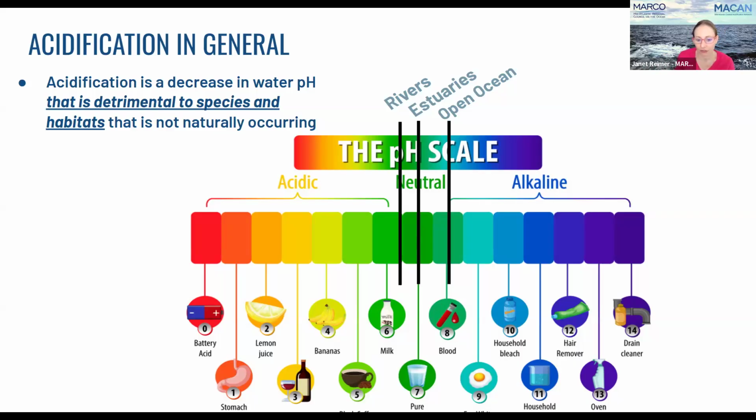7.1 to 7.9. So it depends on condition. And then when you get into your riverine water, rivers are the most acidic. And in this case, sometimes river water or fresh water can get down into the low sevens and the high sixes. So again, it's all relative, but this scale is important because it's also a logarithmic scale. So that 0.1 is actually much more significant than just 0.1 if you're thinking about inches or centimeters.